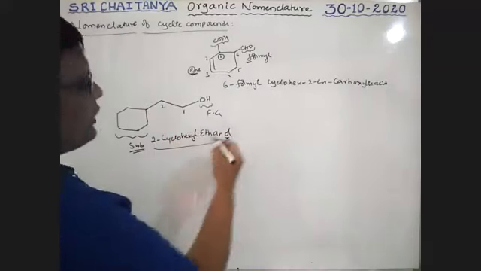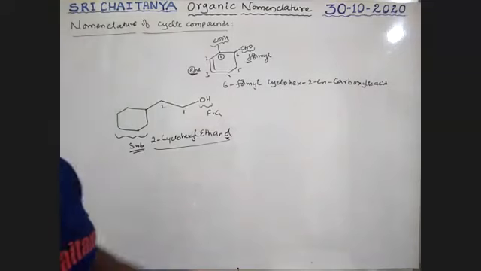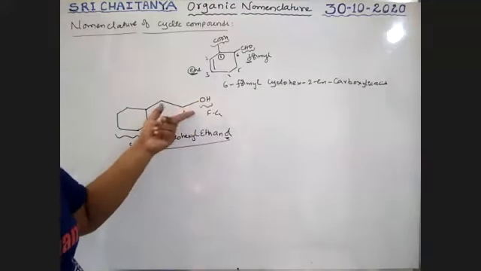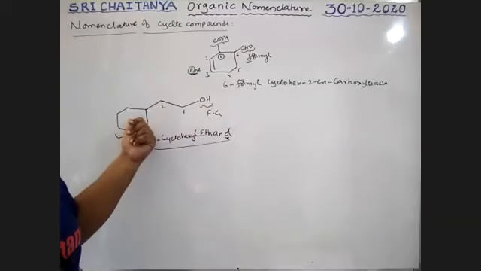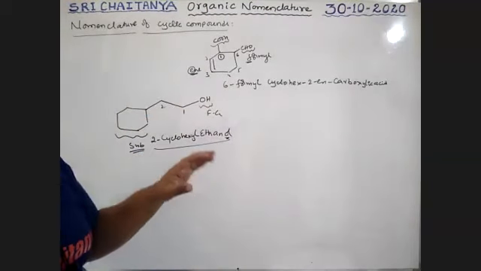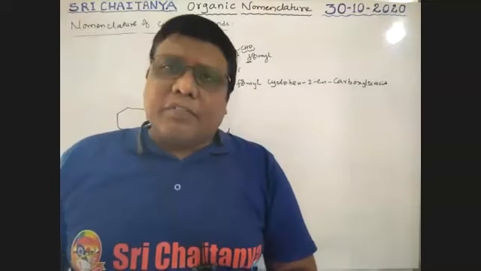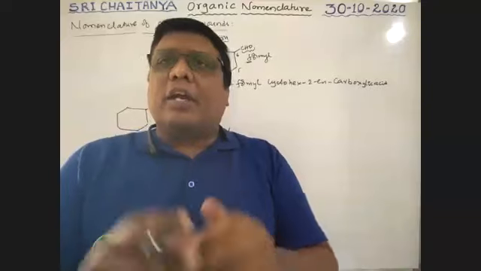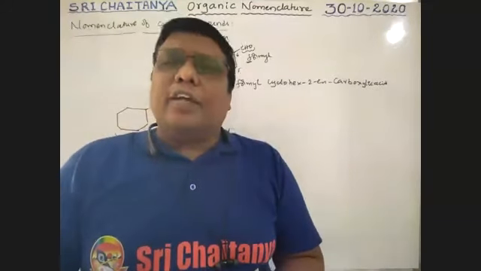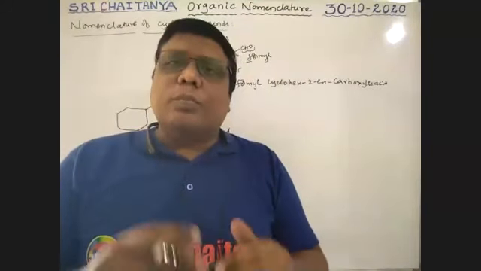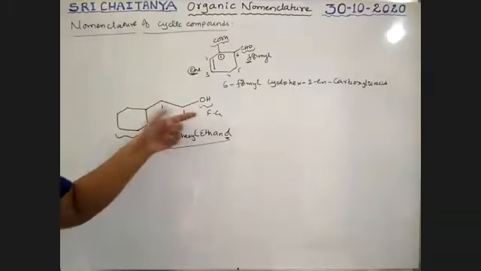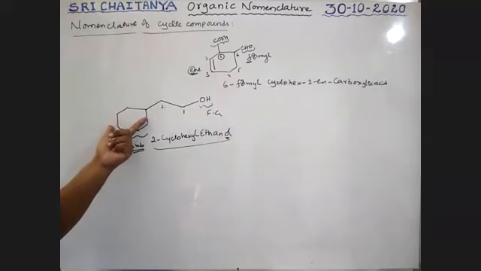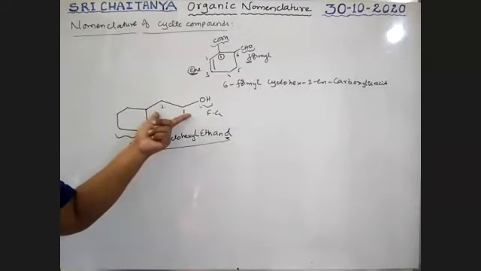2-cyclohexyl ethanol is the name of this compound. Why is this one taken, sir? Because the functional group is there. Functional group is not present in the ring. That's why. So the functional group containing chain, even though it has fewer carbons, should be the major chain. Functional group must be in the longest chain. That is the main rule in the IUPAC system. Now the ring is the substituent, even though it contains more carbons.